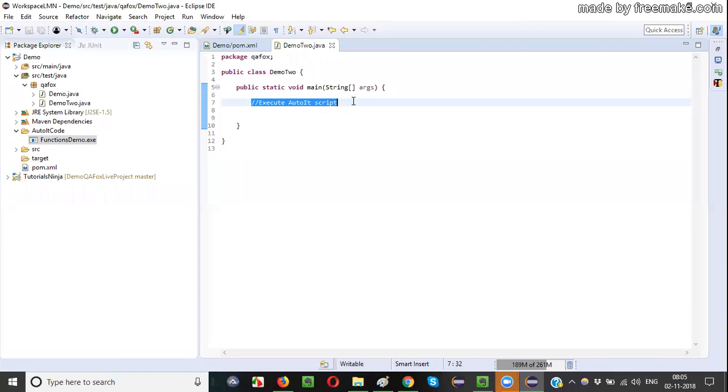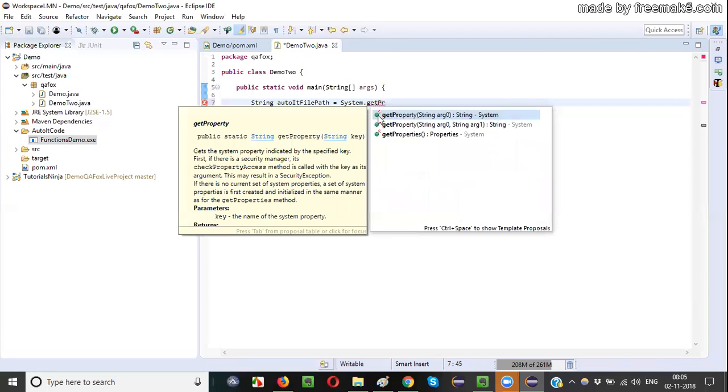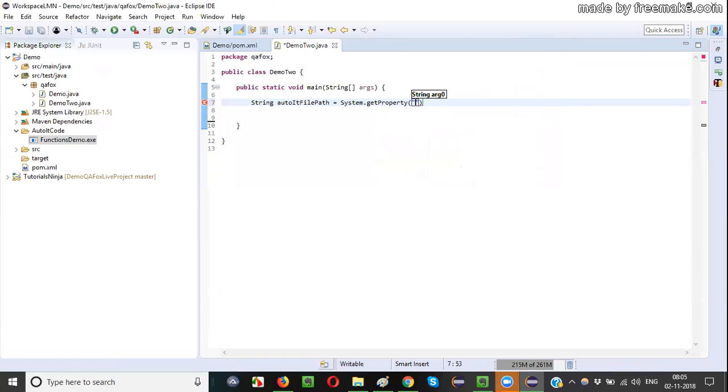Now guys, I'm going to do something here. First of all, I'll say String autoITFilePath is equal to, I have to give the path of this functions demo.exe file. This file is available in my project, right? So there are two ways. You have System.getProperty of user.dir.